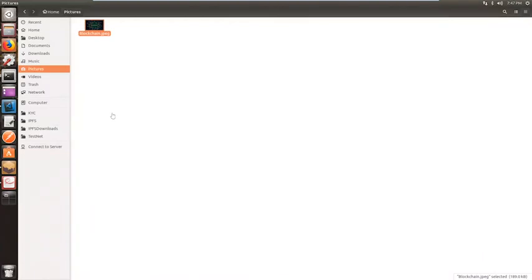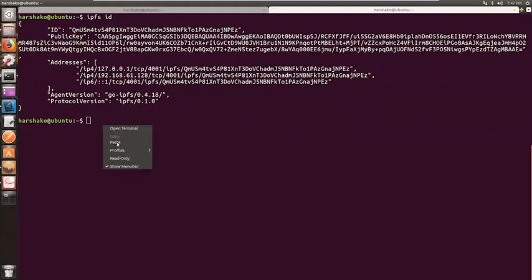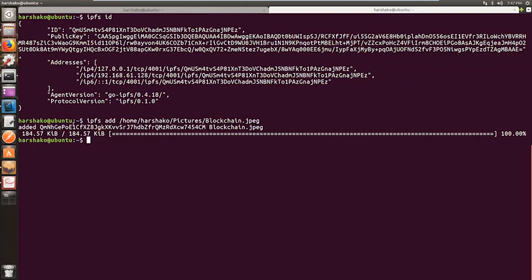Copy. Okay, and say ipfs add. So it just added this file. Behind the scenes, the file is converted to its raw binary format, and then it is hashed using hash functions and then distributed across the network. So it uses what's called a decentralized or distributed hash table. So every file,